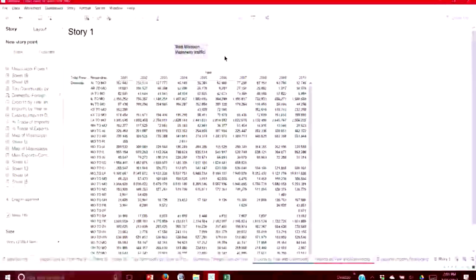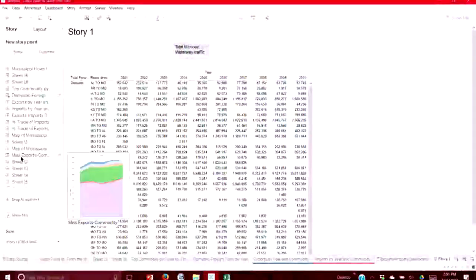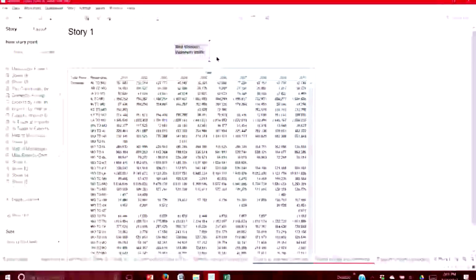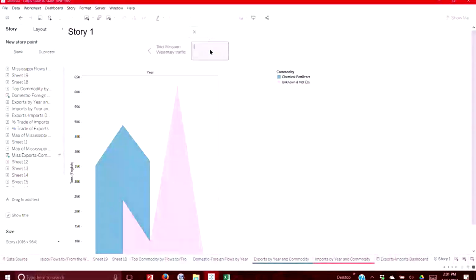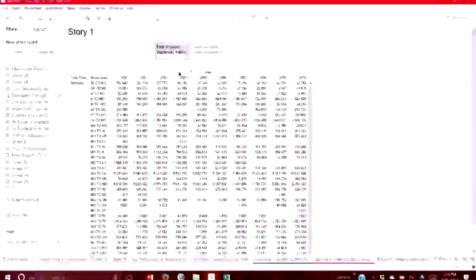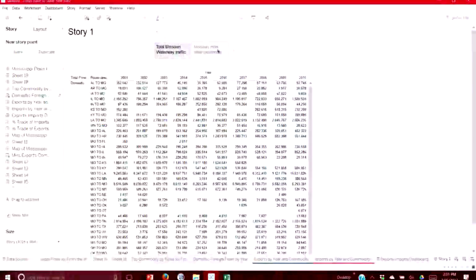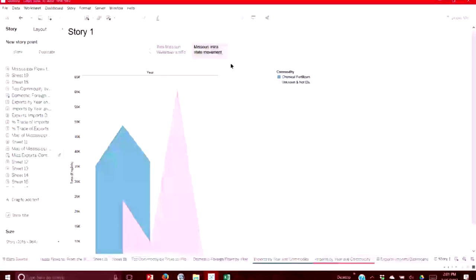And then if I want to add another dashboard to it, I just simply say, okay, I want to add it behind it. And now I've got another caption that I can add, Missouri intra-state movement, whatever. And I can make this as long and descriptive as I want. And so I could simply take this story and say, this is what this means, this is what this means, and I can build a story of both worksheets and dashboards, and I can write text to it so I can communicate that with somebody else.